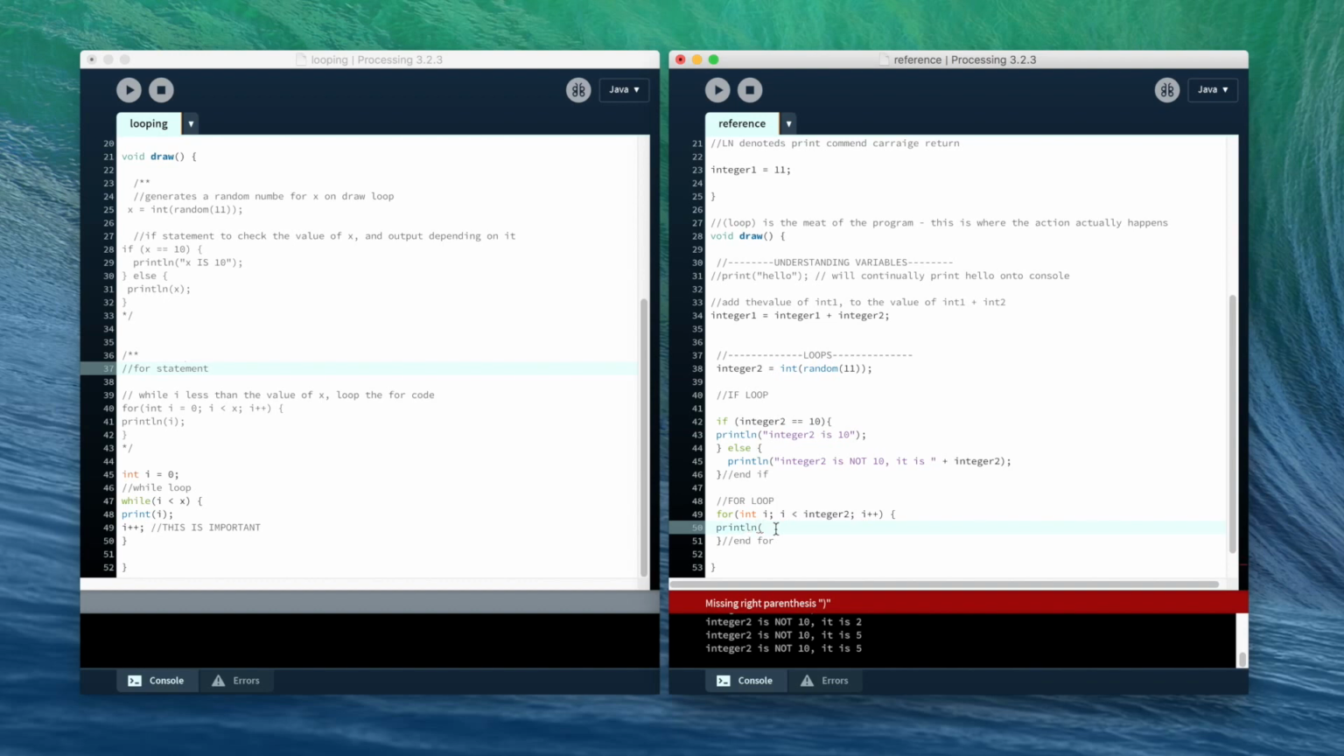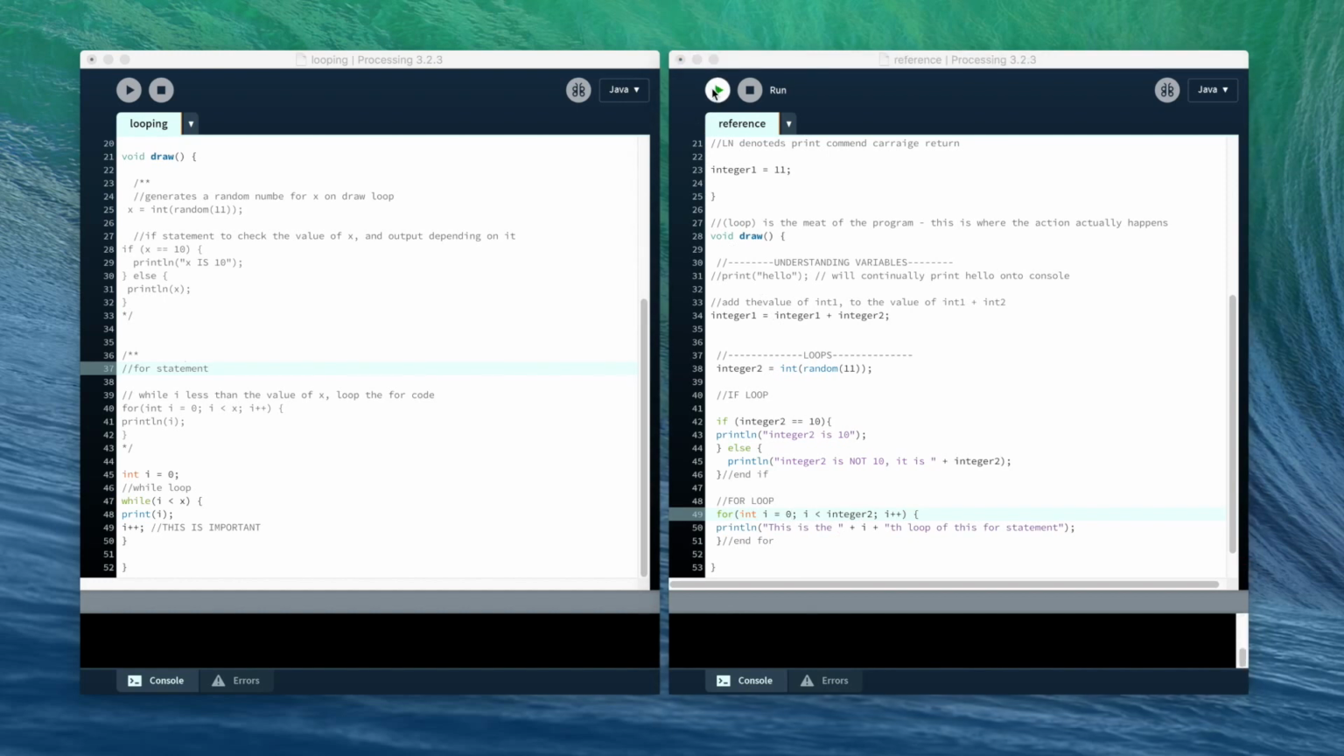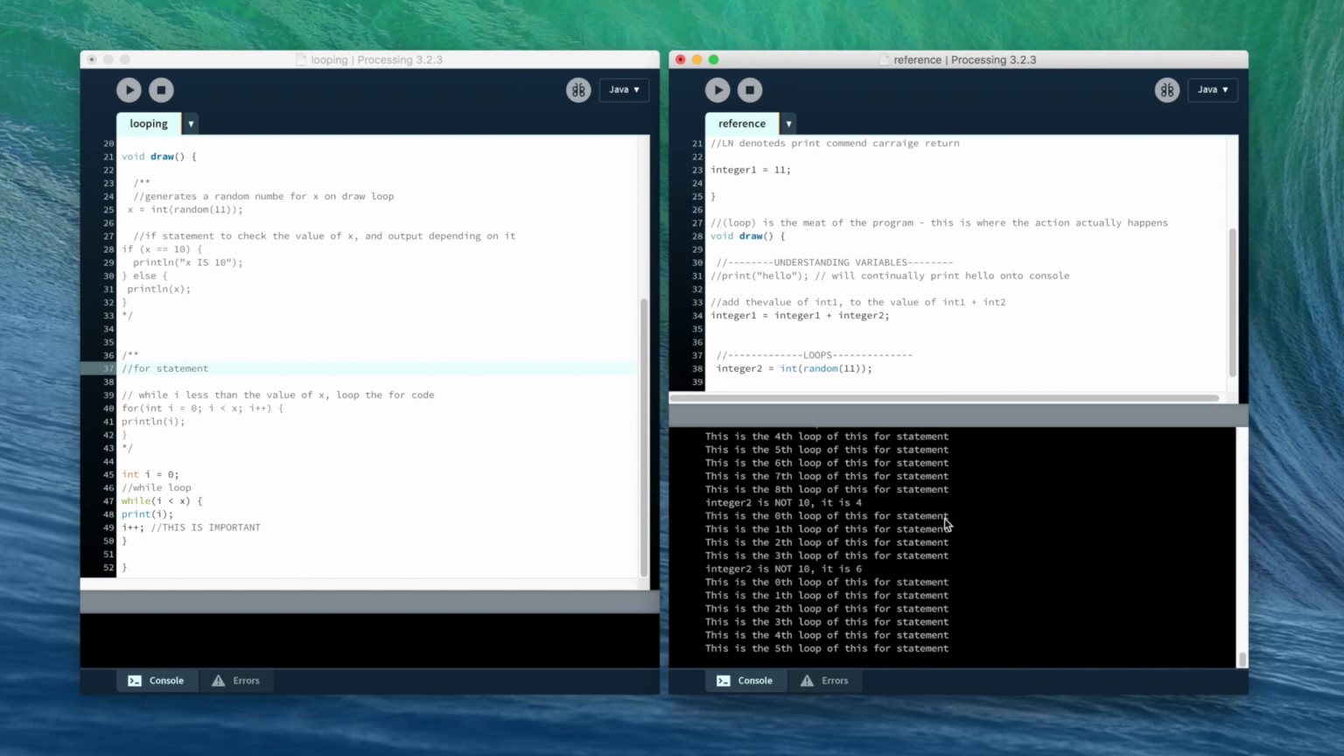So let's create a nice message based on that. This is the plus i plus nth loop of this for statement. So now when we play it, what we'll see is